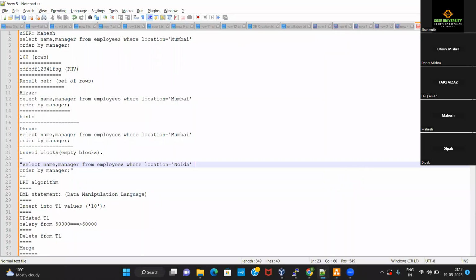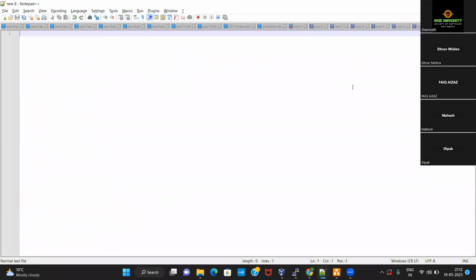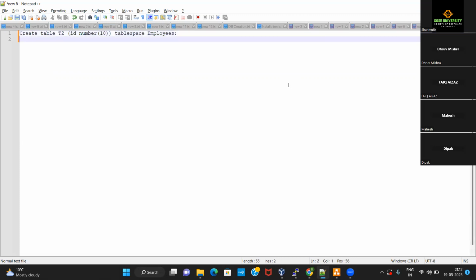So continuing with that same example, let's say that the user fires this query: create table T2 (ID number), and the user says tablespace employees.